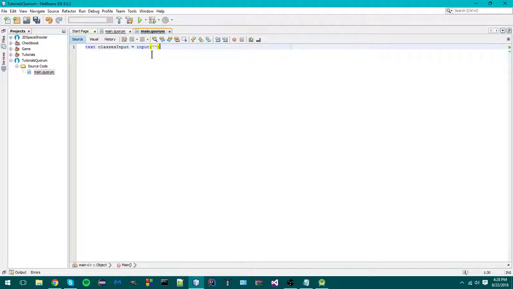and then do your parentheses and quotations, and then inside the quotations go ahead and put how many classes do you have? Alright, so now that we have that done, we're going to go ahead and create an integer variable. We're going to call this casted integer. So integer casted integer equals, and then we're going to type cast